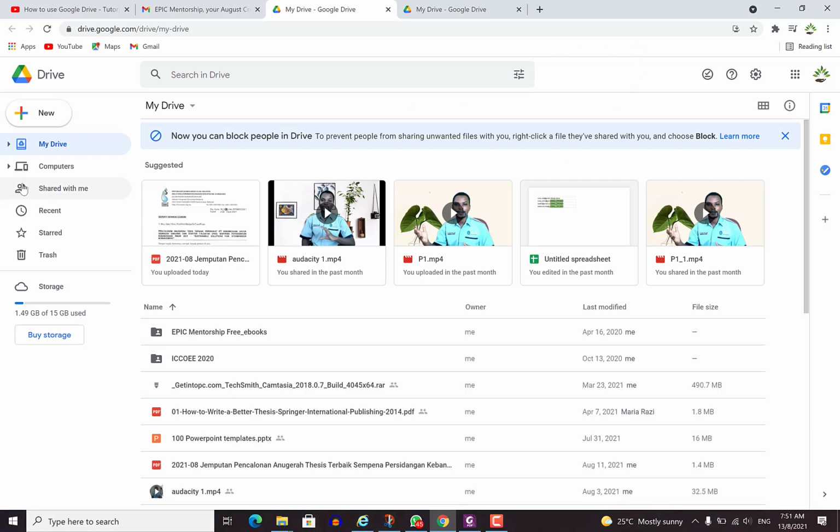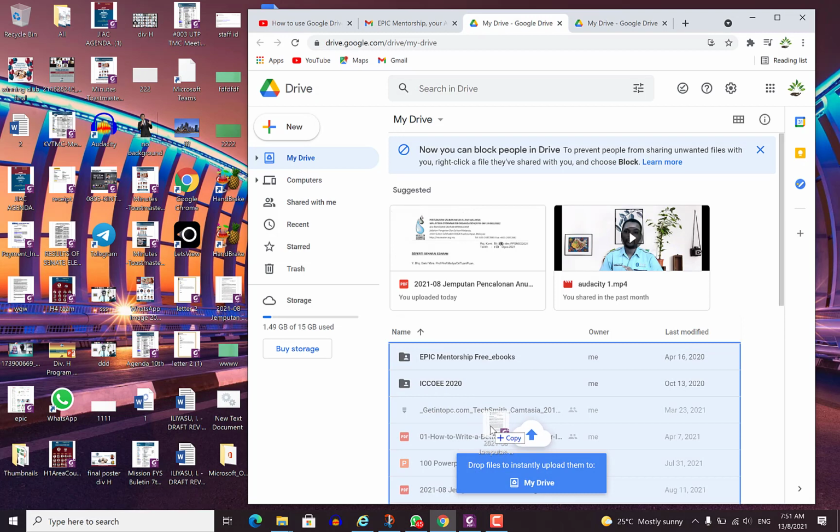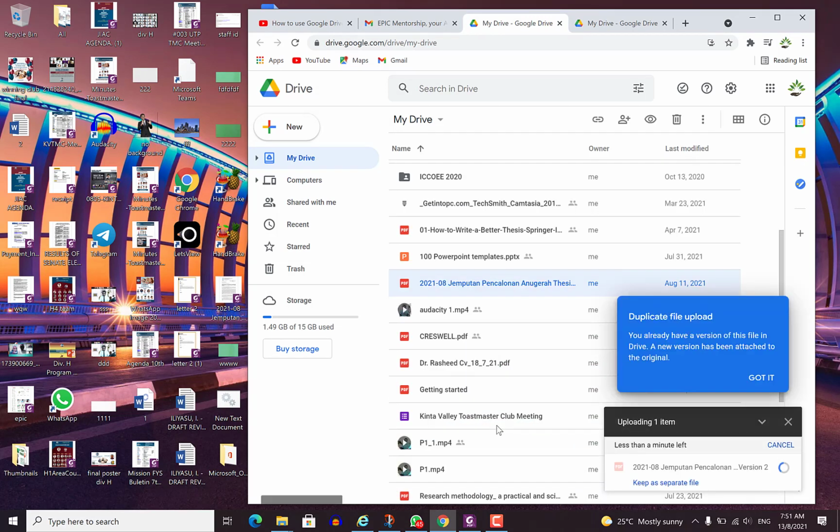The second method in which you can do the same upload is to drag and drop the files. For example, I can get to my desktop. If I want to bring in a file, I can simply drag it and drop it. You can see that once I drop it, it starts copying that file directly, just like that.